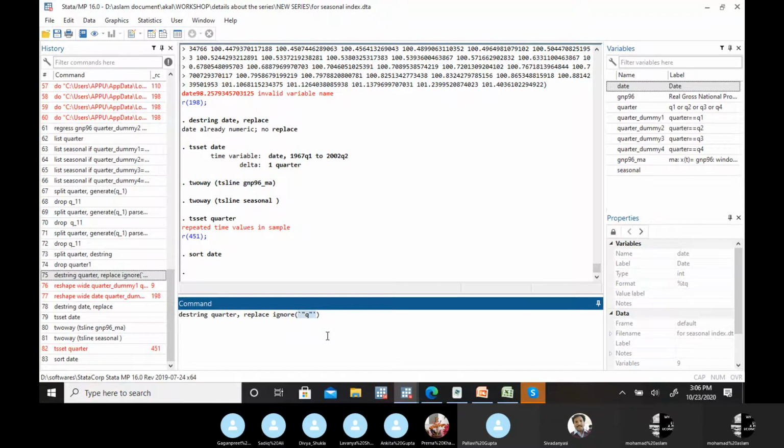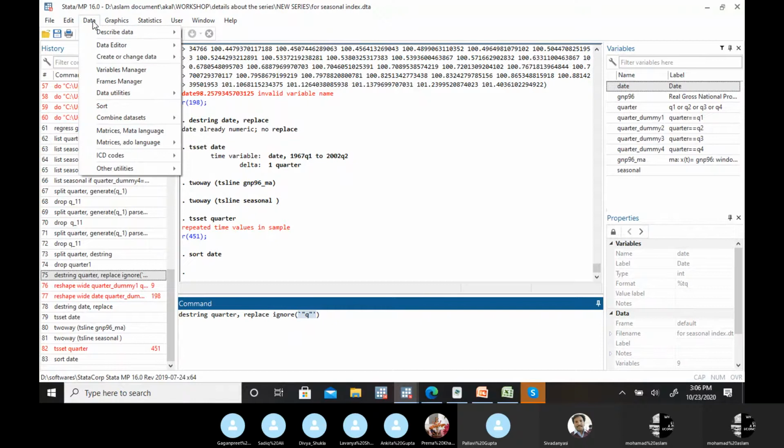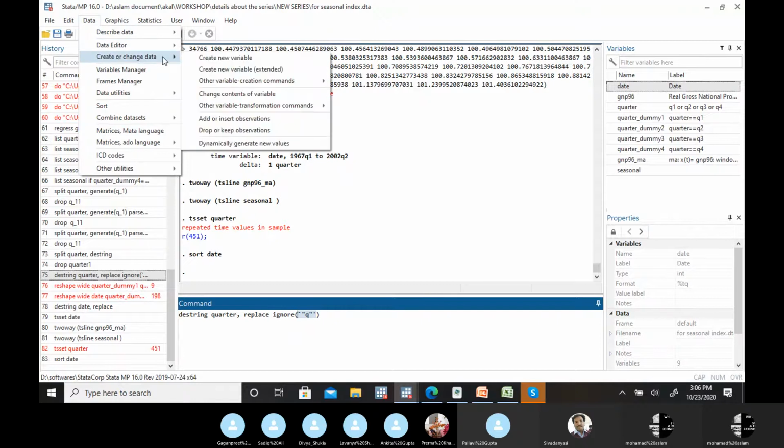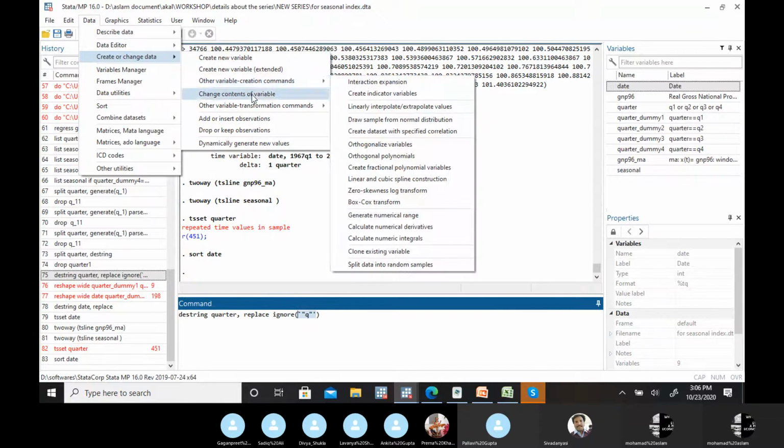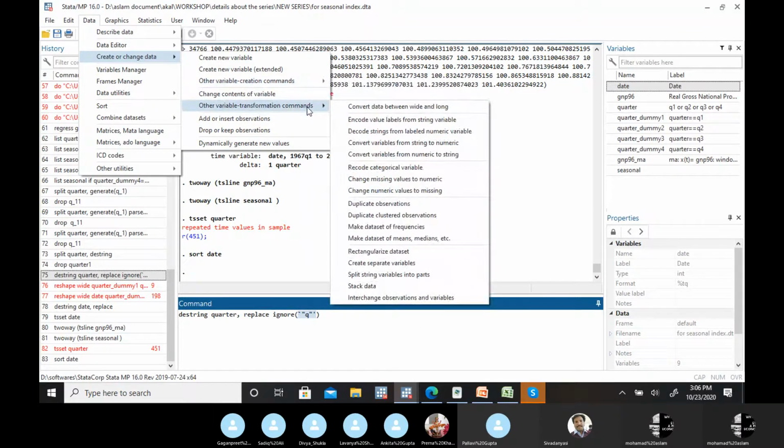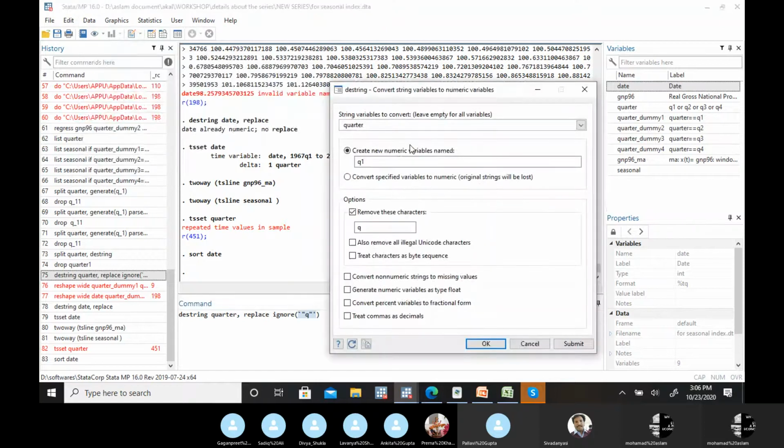Or if you face difficulty, then from the data menu, create or change data, then variable transformation, then convert variables from string to numeric.